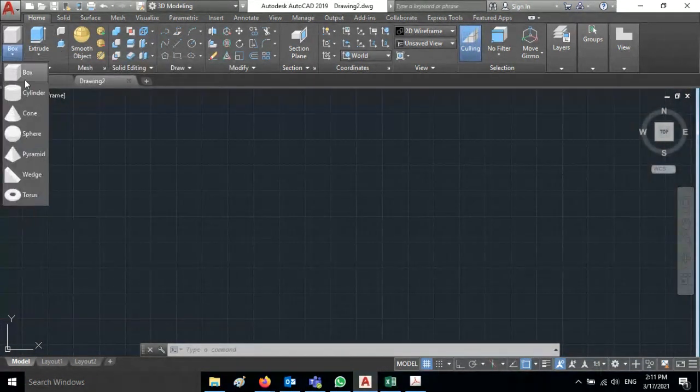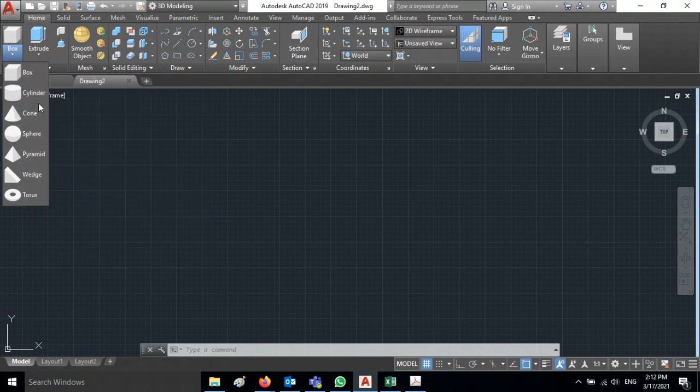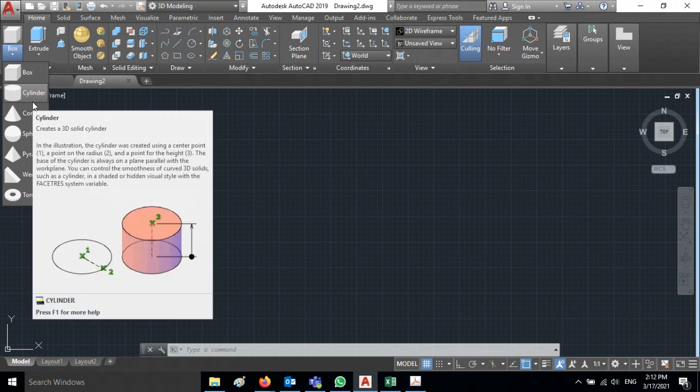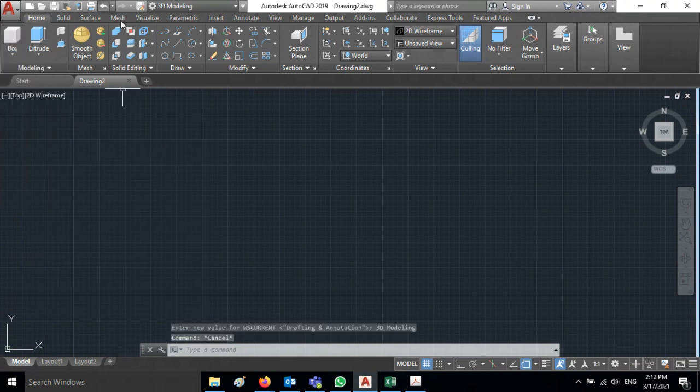If you want to know more about a particular tool, you can just keep your mouse on top of that. You will see a description of how to create each object. You can see this. And also you have other commands.